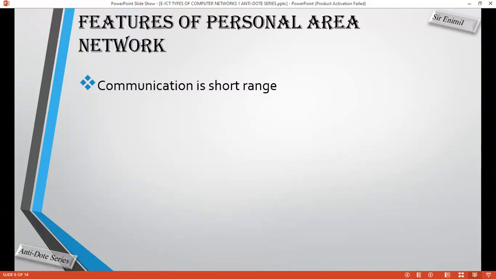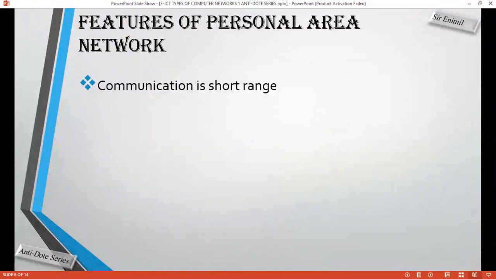So if it is your phone, it is within the area. If it's your Bluetooth device, it is within the area. If it's about printing, the printer is within the area. Meaning communication is what? Short range. Now, when you issue the command from your laptop or your desktop computer to your printer, that is communication. It means that your laptop has communicated with the printer by telling the printer to print this particular document for you. And because the printer is not far away from where your laptop is, we say that communication is